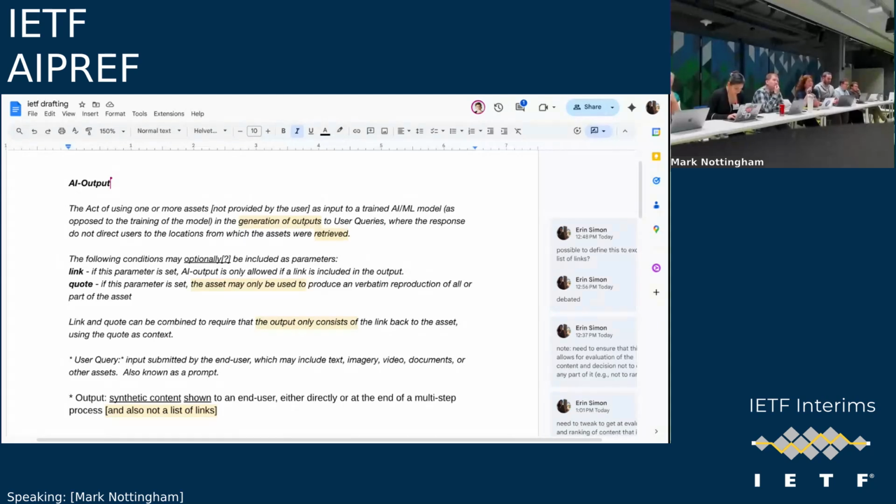But one of the things we were really discussing is whether folks would want a set of search results that consists only of a list of links, potentially with titles and snippets, what people think of as traditional simple search, to be in or out of this AI output category.